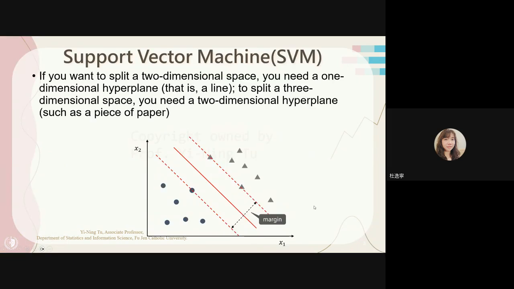And how to find it? If you want to split two-dimensional spaces, you need a one-dimensional hyperplane. That is a line. 如果你想切割二维的，那你需要一条线，好，这就是超平面嘛，一个线降一维就行了。And to split three-dimensional spaces, you need a two-dimensional hyperplane, such as a piece of paper. 如果我们今天在一个教室这个立体的空间，我们要切成两个不同的 category, we just need a two-dimensional hyperplane, 我们用一张纸就可以做切割。